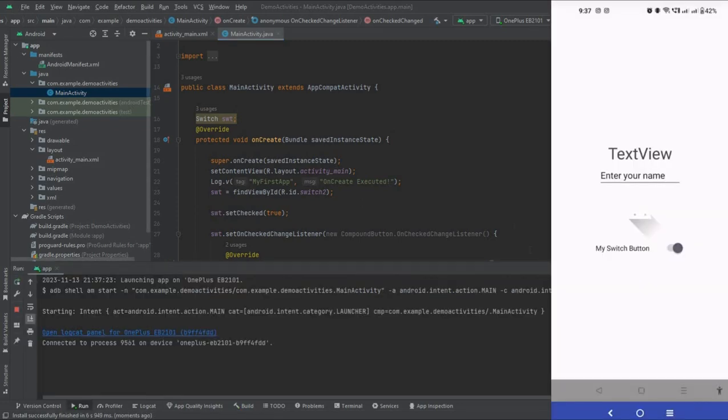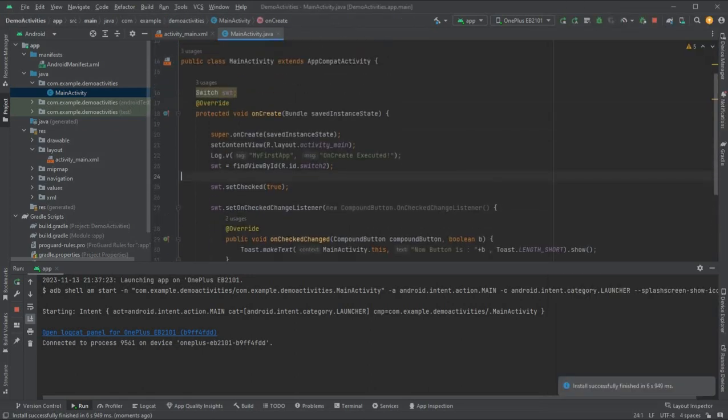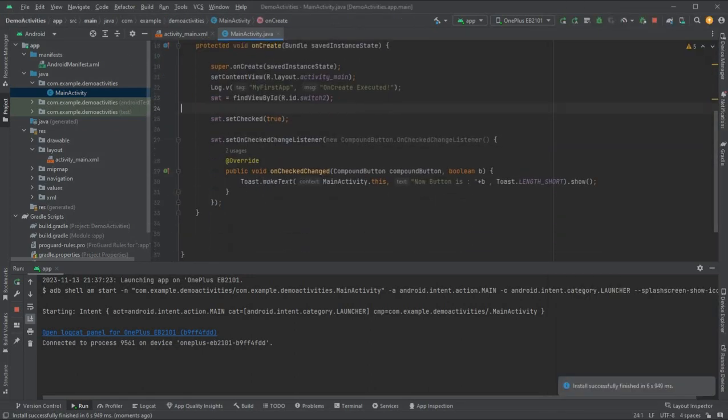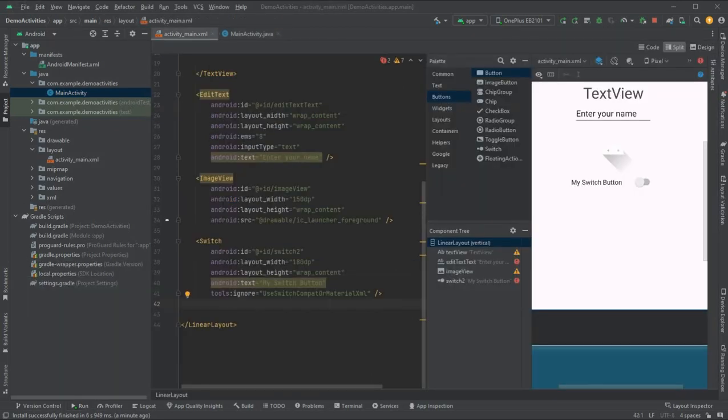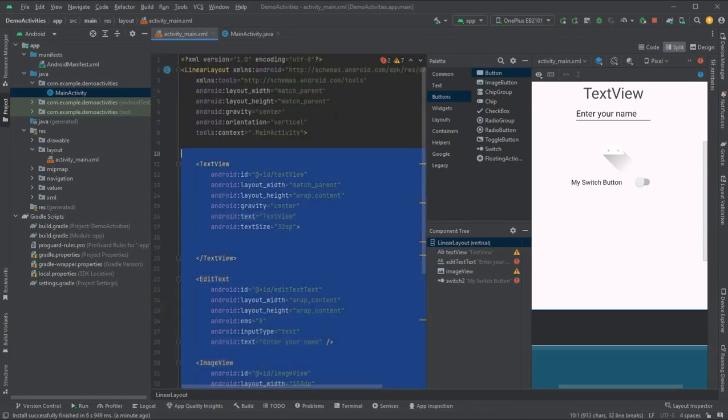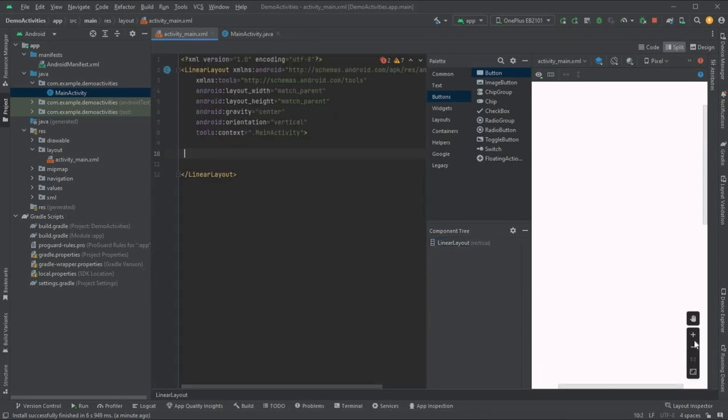So my application is running now. So let's deselect the switch. Okay, so now button is false, that means it is unselected, and if I select it, now button is true. Okay, so this is how your switch will work. Now let's move ahead to the another component. So I will just remove all of these components here,